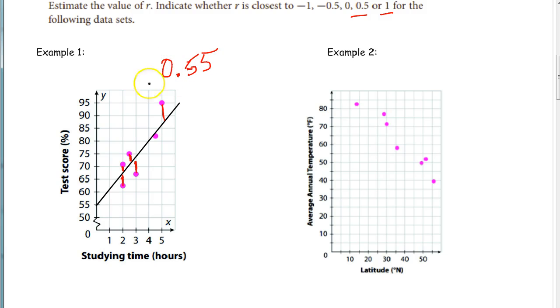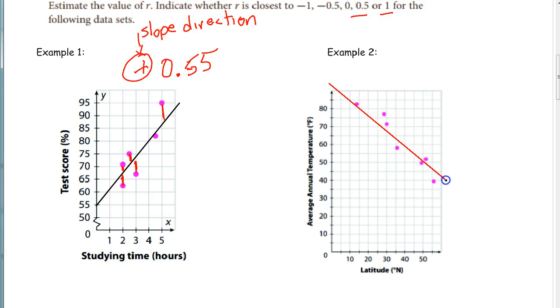And this, because it's a positive slope, will be a positive correlation. So think of this as the sign here. The sign has to do with the slope direction. That's the sign part. The number has nothing to do with slope, by the way. So don't think that 0.5 is like 1/2 or 1 over 2. It has nothing to do with slope. Just the sign alone. So over here on example 2, naturally the sign would be,